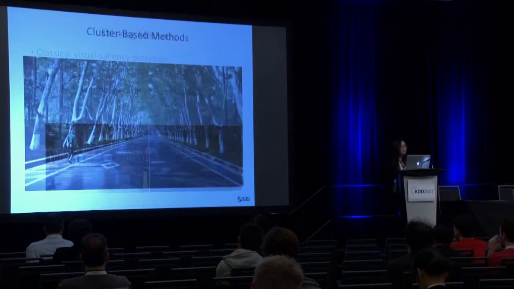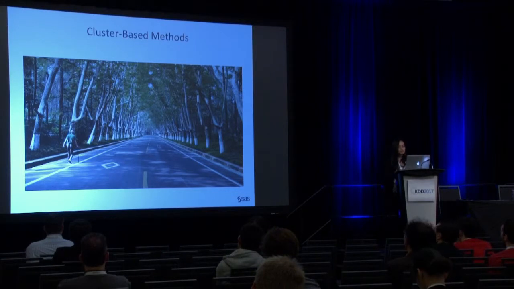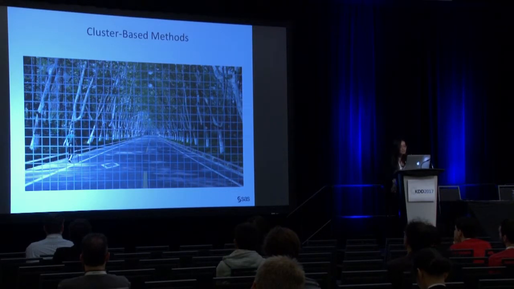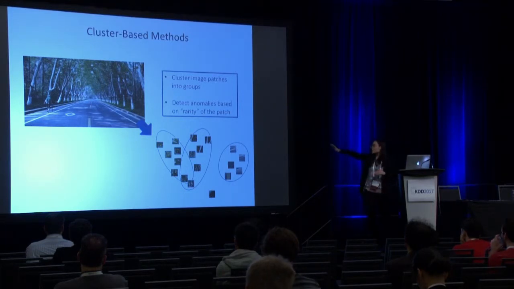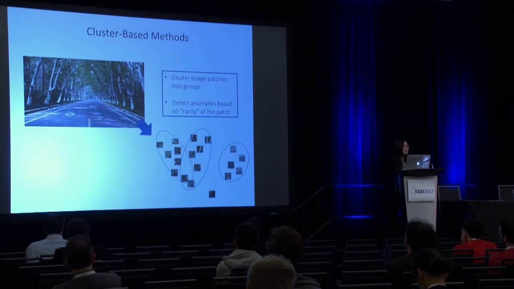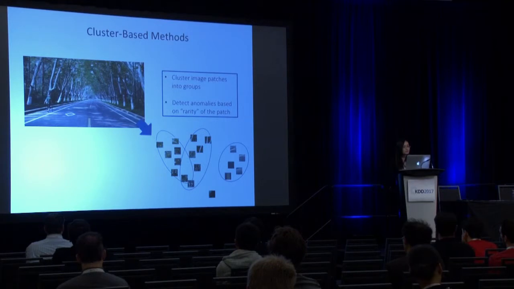So what we proposed here is a cluster-based method where you first divide the image, every frame, into little patches, and we learn a distribution over those patches and group those image patches. Then we will know what is common and what is not. For example, here, all the tree leaves and tree trunks and the roads will be clustered into their own little clusters, and then the person is not well represented by any of those. We can then figure out, oh, this is a low probability occurrence, and we can flag it as our